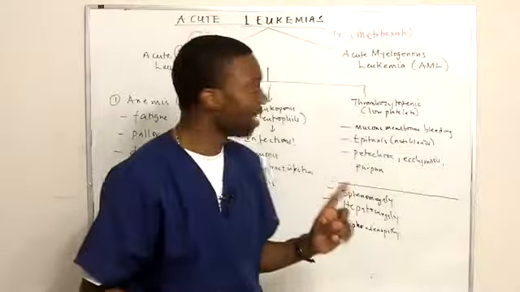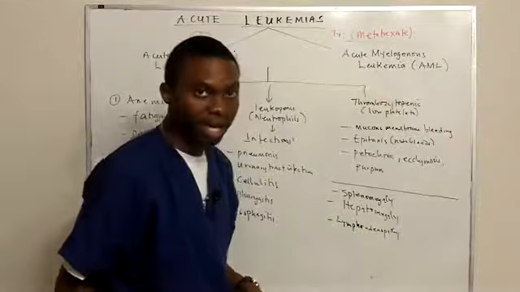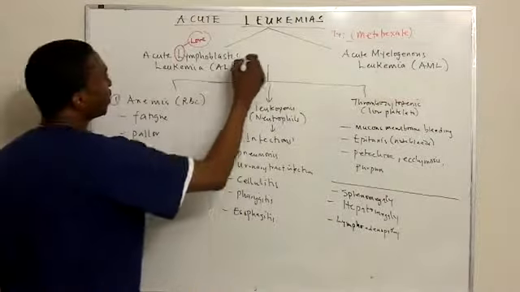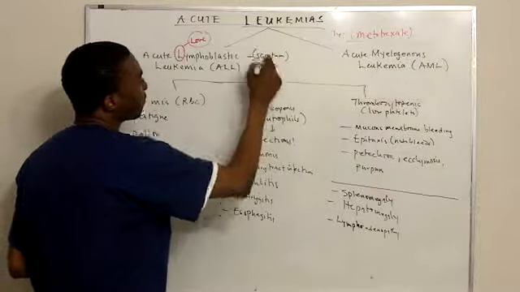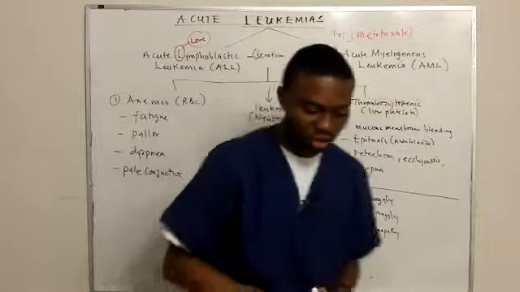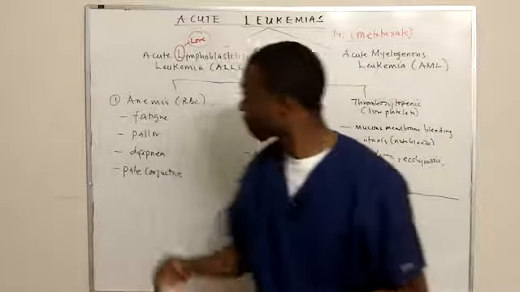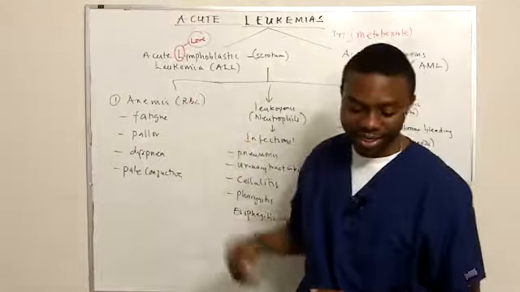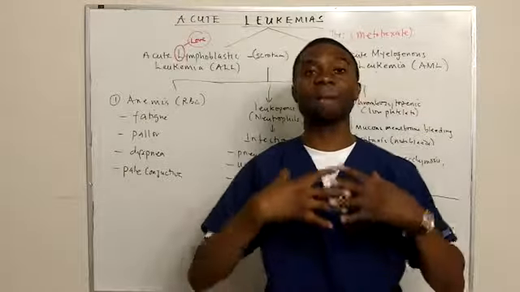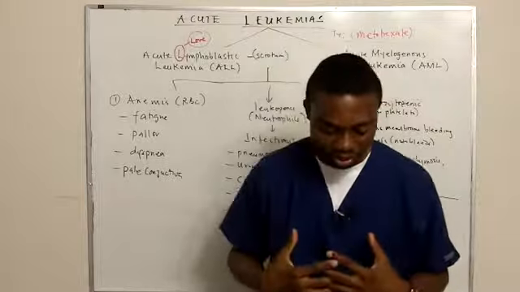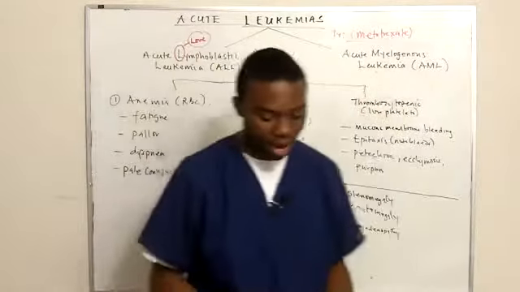Also, in ALL, which is acute lymphoblastic leukemia, the patients can have testicular infiltration, so they can have their scrotum being affected in ALL, so testicular involvement. And if it's a T cell cancer, it can also cause the patient to have an anterior mediastinal mass, a huge mass in the mediastinum. Also, skin nodules associated with AML.